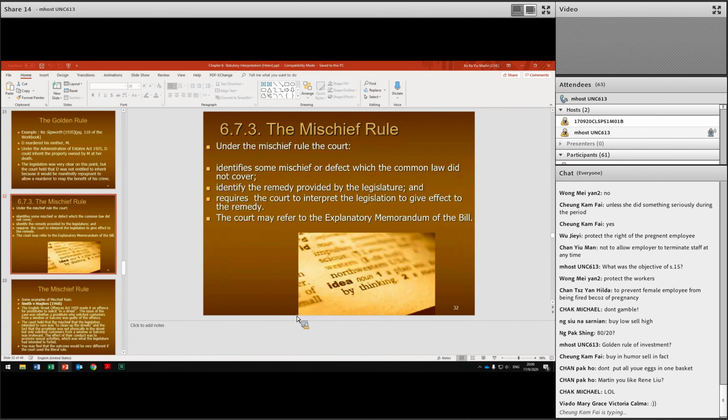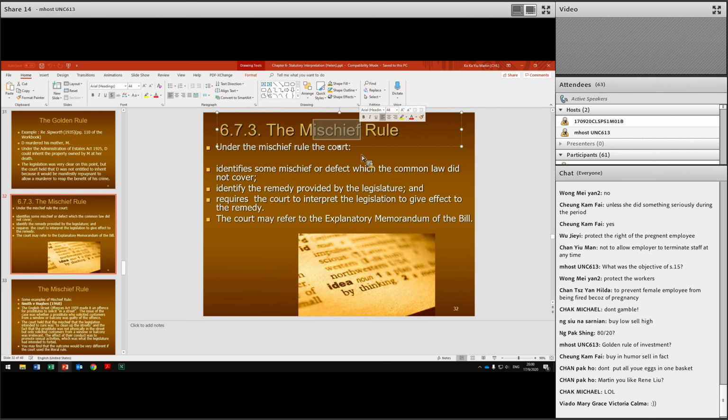Now we move to the third one. The third one is also something quite difficult to understand. It's called the mischief rule. It's very similar to the golden rule or even the purposive approach. Mischief means something bad, means a defect. 一啲唔好嘅一啲缺陷嘅嘢。